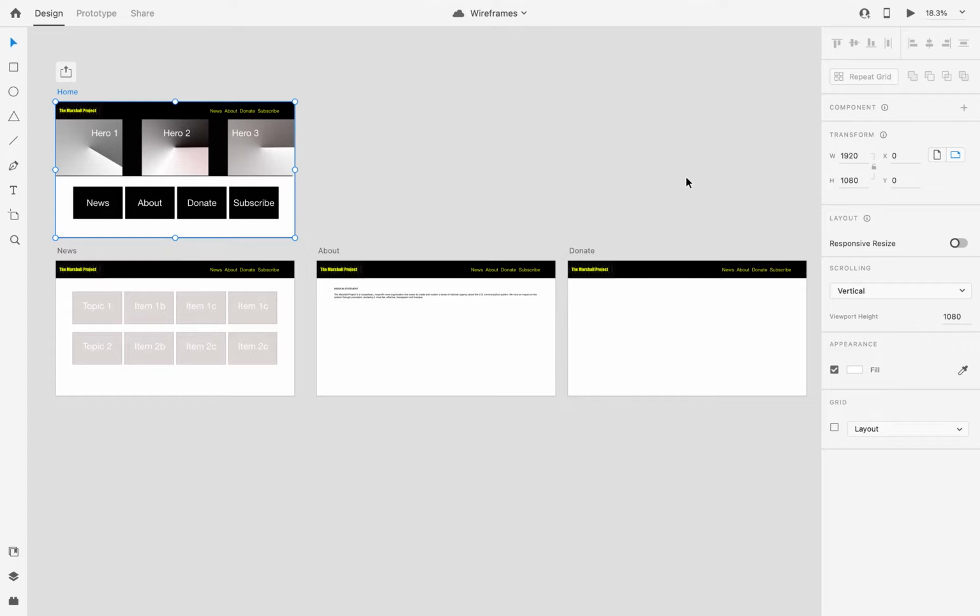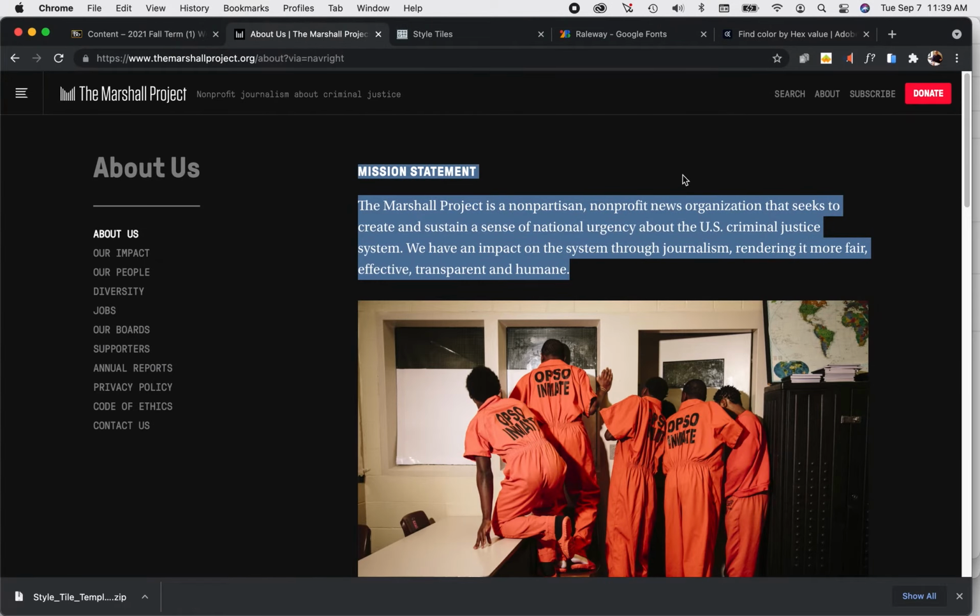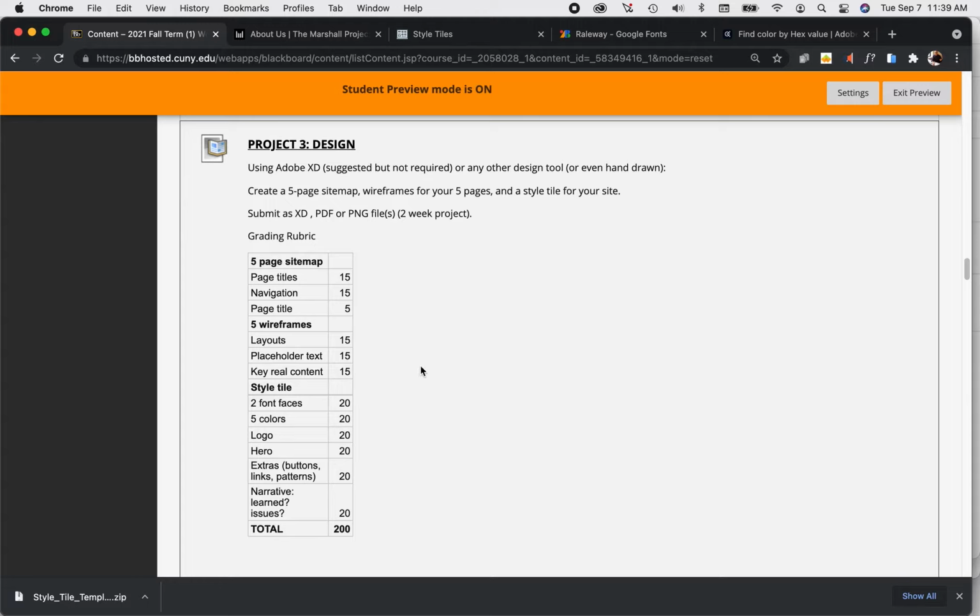However, if I wasn't working in XD or didn't have a program where I could get that, I could look that up online. Just Google what are typical dimensions for a laptop screen, and if you found other ones, that would be acceptable too. Now let's go back and see how we're doing on our